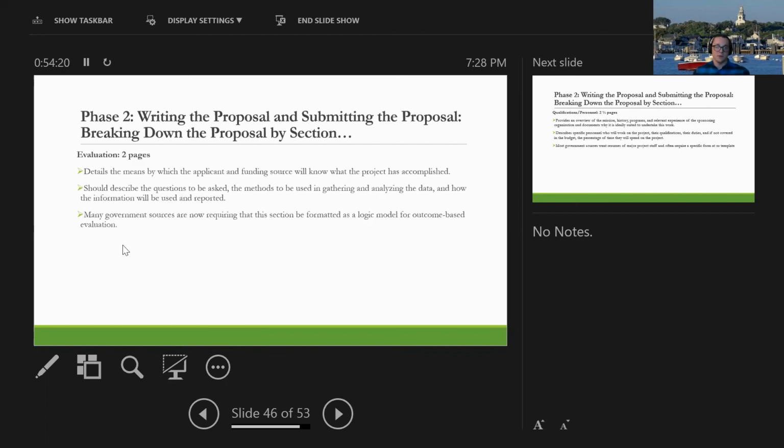If you have not done a proper evaluation logic model or any type of monitoring and evaluation, I would advise you to study up on that before you start writing a federal proposal. It can be very technical and lengthy, and if you've never done it, it can be a bit mind-boggling. You feel like you're saying the same thing over and over again, but you're not. If you are, you're doing it wrong. So just keep that in mind.